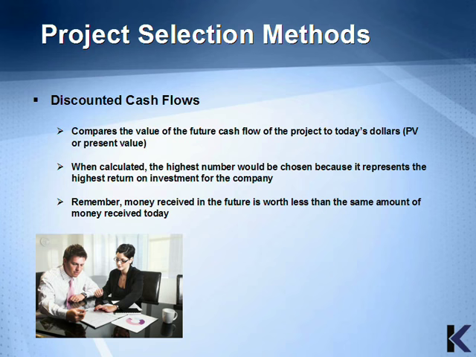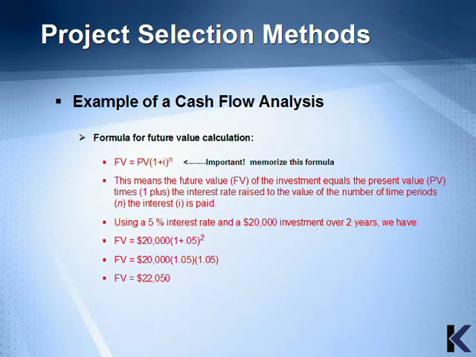Remember, money received in the future is worth less than the same amount of money received today. The formula for the future value calculation is FV, or future value, equal to PV, or present value, times 1 plus i, equals the interest rate, raised to the power of n, which is the number of time periods that